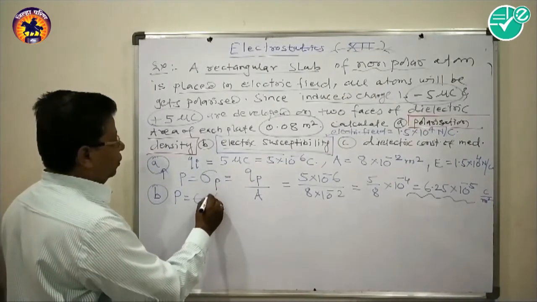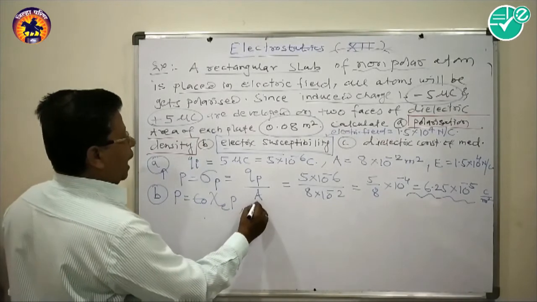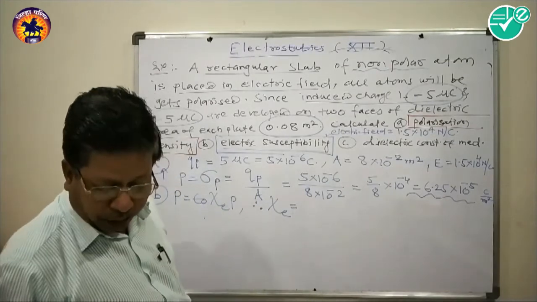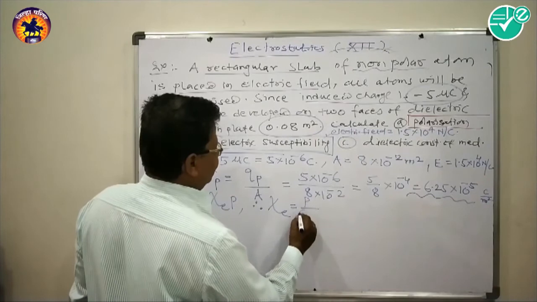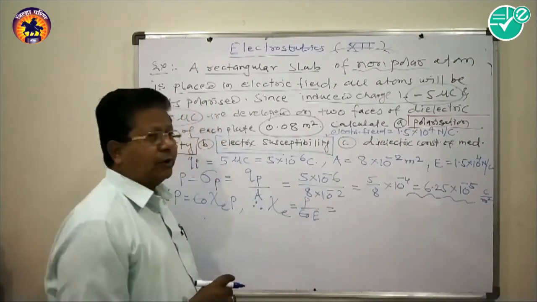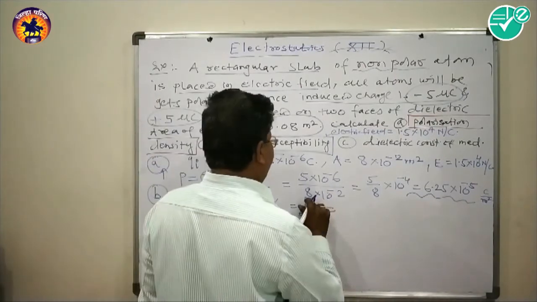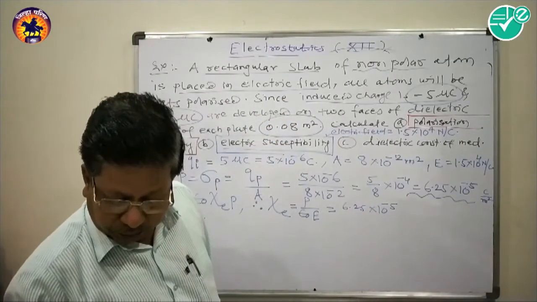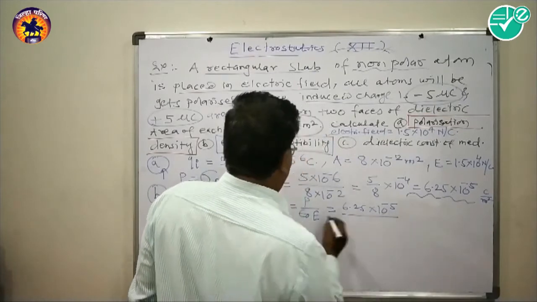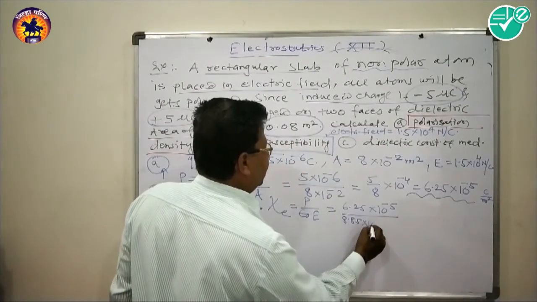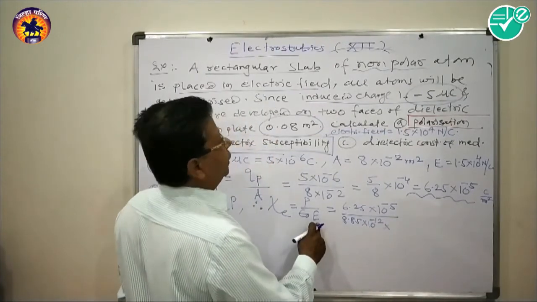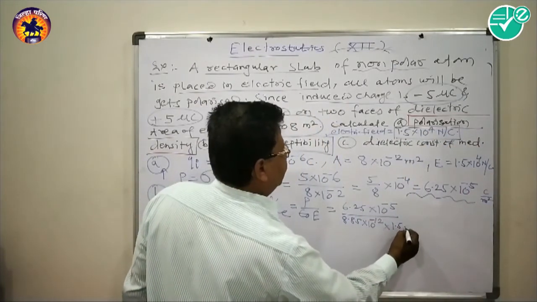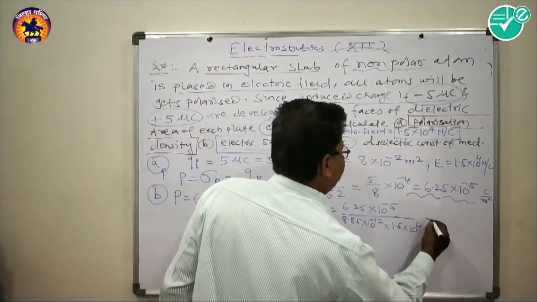P, electric polarization, is equal to epsilon 0 into chi e into E, and therefore electrical susceptibility chi e is equal to P divided by epsilon 0 into E. So which is equal to, as we have calculated the value of P, which is 6.25 into 10 to the power minus 5 divided by epsilon 0, which is 8.85 into 10 to the power minus 12, into E. E is given, which is 1.5 into 10 to the power 4,